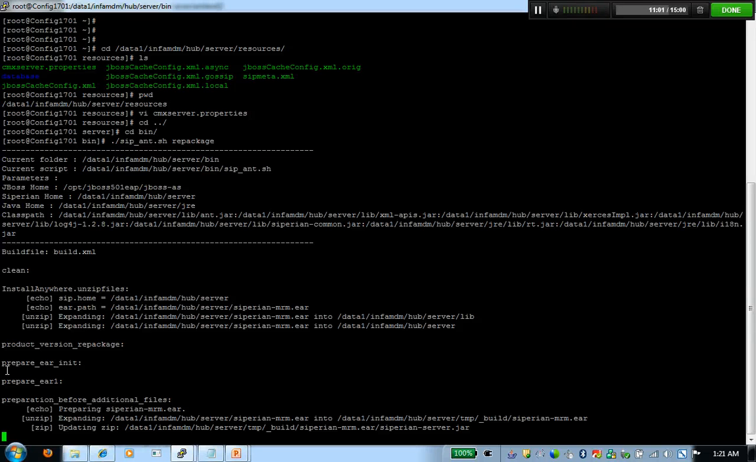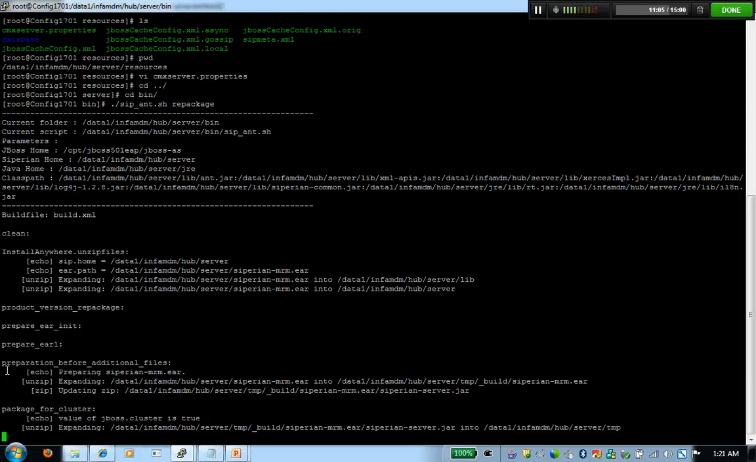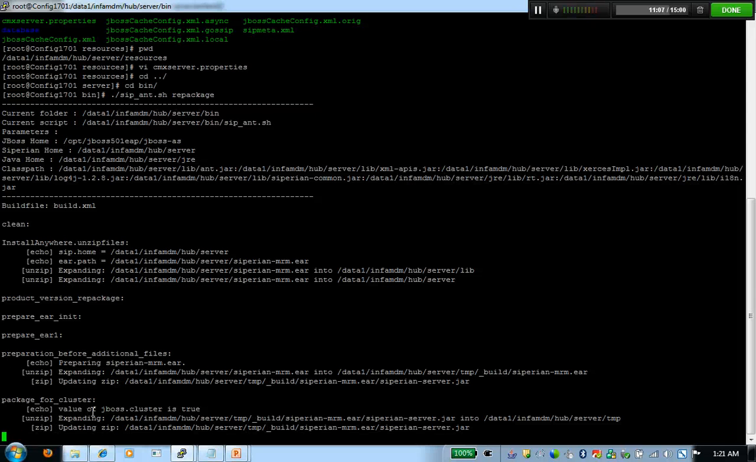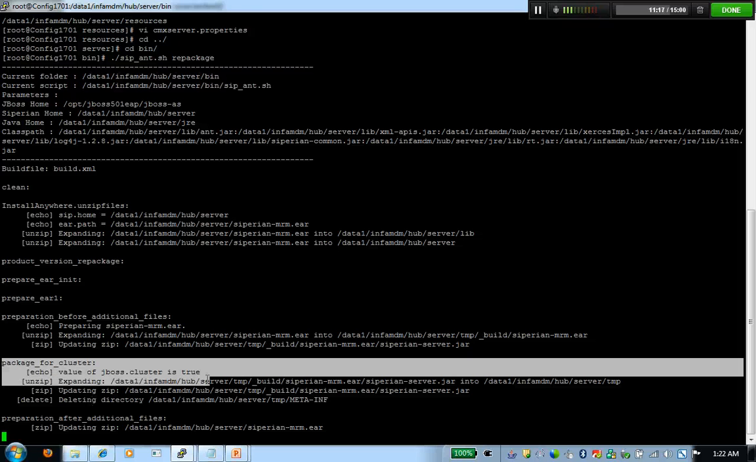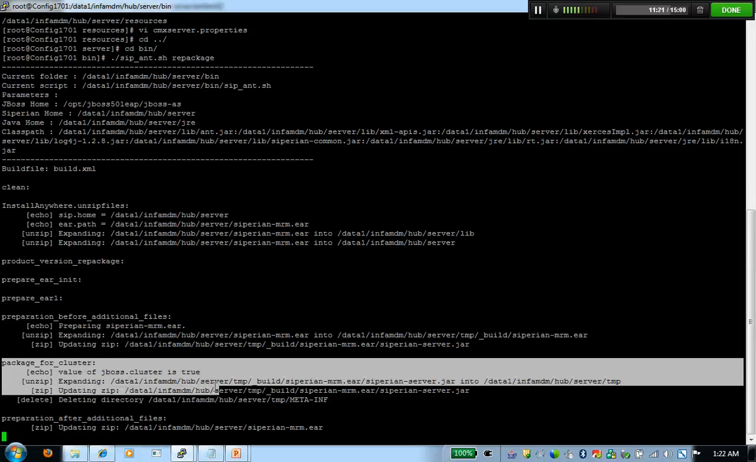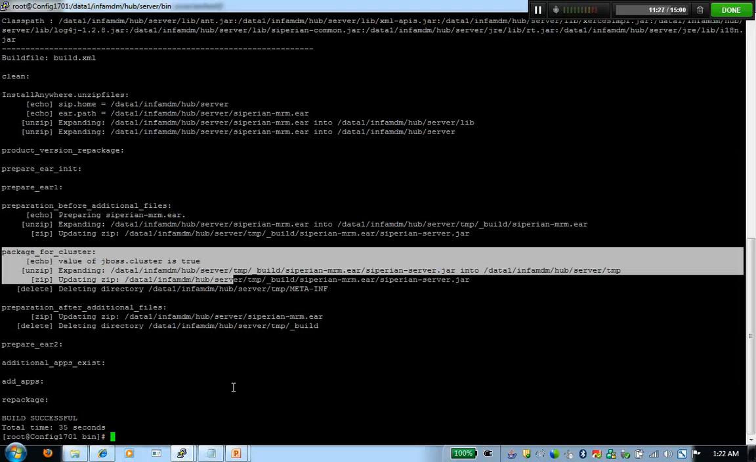So when you set that variable equal to true, we are basically going to ensure that all our EJBs are HA enabled. So as you see right here, we are preparing our ER file for a cluster by ensuring that our EJBs are HA enabled. So once this repackaging happens, you got to go ahead and copy the ER files